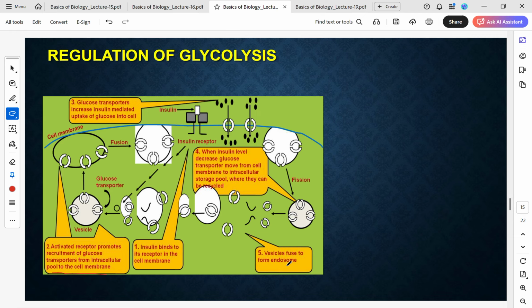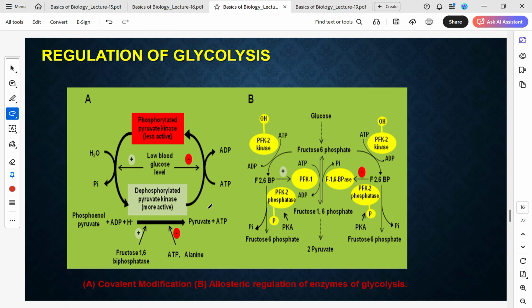The vesicles fuse to form endosomes. These endosomes are just present as a reservoir for when the next signal comes to go to the cell membrane, and this cycle keeps repeating. The first regulation happens if there is low blood glucose level. Then the conversion of